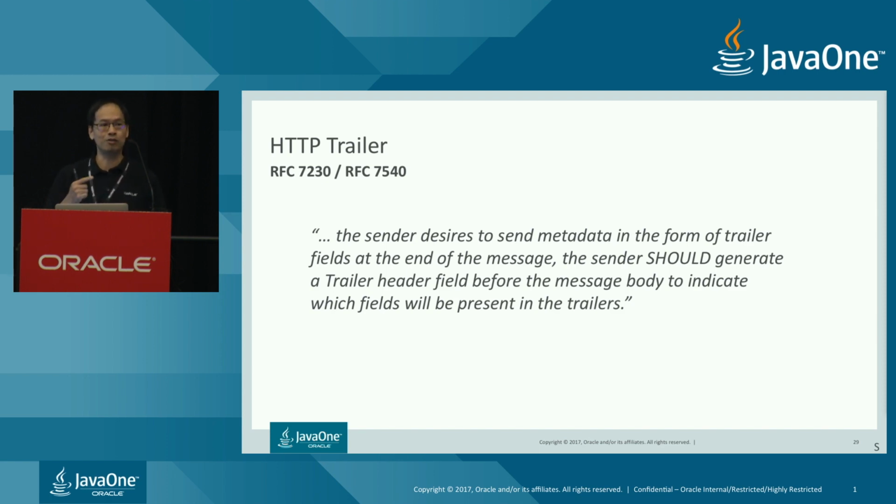Secondly, when I call it trailer, trailer is something that is sent at the end of the message. So you can see it's at the end of the message. And finally, for a trailer, the sender needs to inform the receiver that I'm going to send you a trailer field. In this case, they will send you a trailer header. Now, let's take a look at a concrete example of what it means.